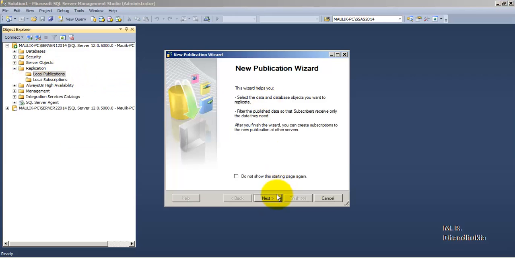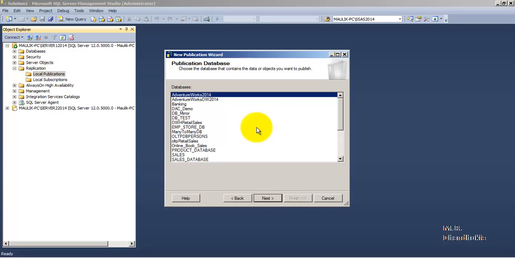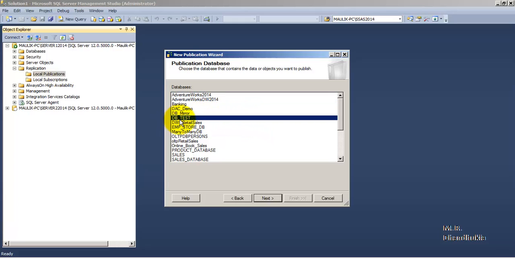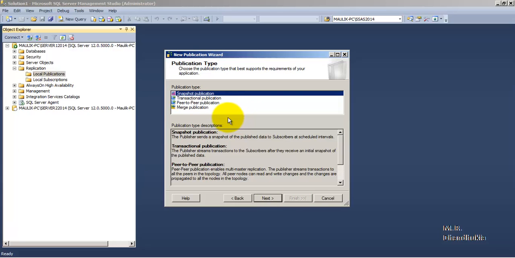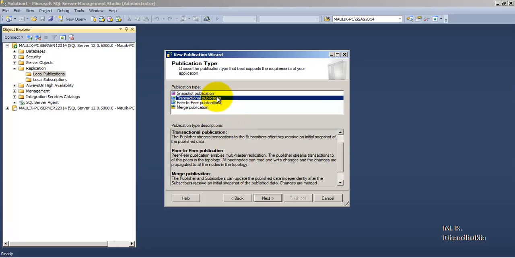For this example we want transactional replication, so let us first select the database for which we want to set up the transactional replication. It will be db_test. Next, we will select transactional publication, so click next.